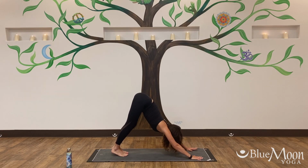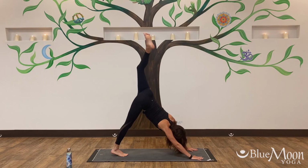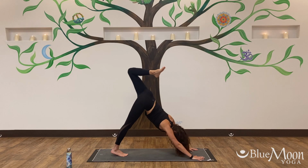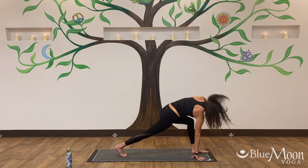Good. From here, let's go ahead and float left leg up to your three-legged dog. And again, if you want, if it feels good, bend the knee to stack your hips. Keeping the back of the neck long. Good. As you're ready, go ahead and step that left foot all the way forward,